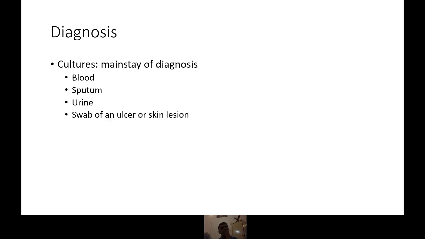So when it comes to diagnosis, the mainstay of diagnosis is taking an appropriate sample from the site of infection and growing it in a special media. So this sort of thing needs not only special media, but you need experts to make the diagnosis. Now of course in Colombo Medical Faculty they do molecular diagnosis on the culture samples. So unless you have a specialist like this, it's very difficult to diagnose from cultures. So you can take any sample, blood, sputum, urine, or even skin swabs.